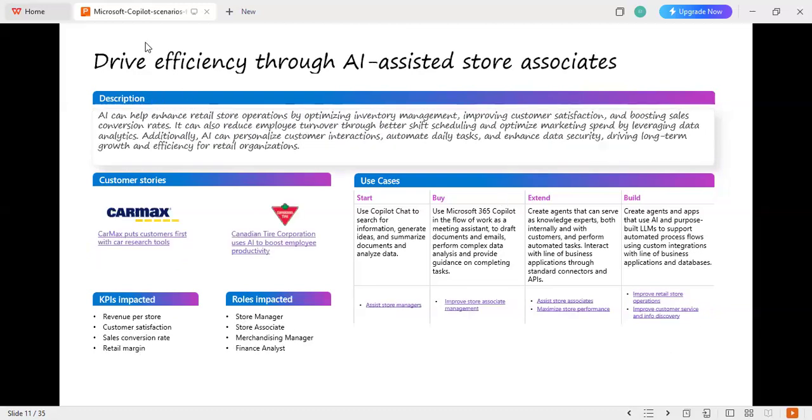So it says drive efficiency through AI-assisted store associates. AI can help enhance retail store operations by optimizing inventory management, improving customer satisfaction, and boosting sales conversion rate. It can also reduce employee turnover through better shift scheduling and optimizing marketing spend by leveraging data analytics. Additionally, AI can personalize customer interaction, automate daily tasks, and enhance data security, driving long-term growth and efficiency for retail organizations. So all this is what an AI can do